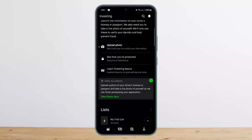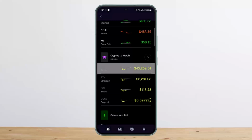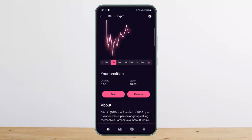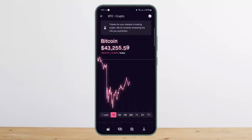Here under the list, if I just scroll down below, you can see cryptos to watch. There are 4 different cryptos to watch here. So what you want to do is tap on the particular crypto detail page and head there, right? In my case there is no option to buy, but you'll get the buy option there. You simply tap on buy and you'll be able to buy it once you add in the particular details there. So you simply head into the crypto detail page there, and there you'll be able